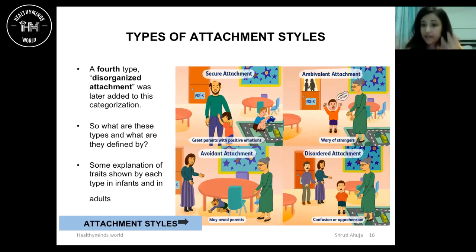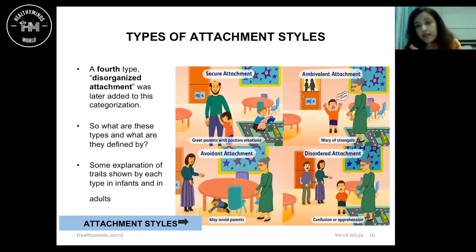In very extreme cases, and this is what Ainsworth said, where there were cases of abuse against children, they actually preferred to go to the stranger and not the mother. This was revolutionary for Ainsworth to see: in some cases they showed preference for going towards the stranger who entered the room and not the mother, and they actively avoided their own caregiver.